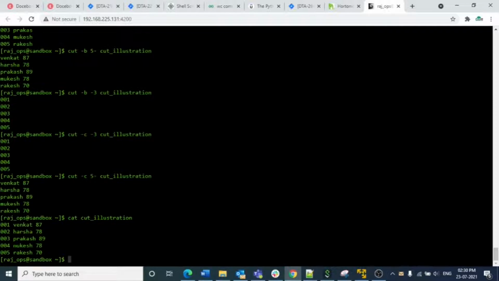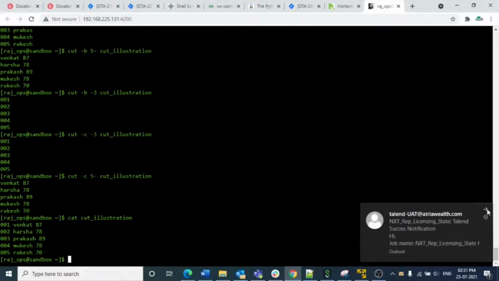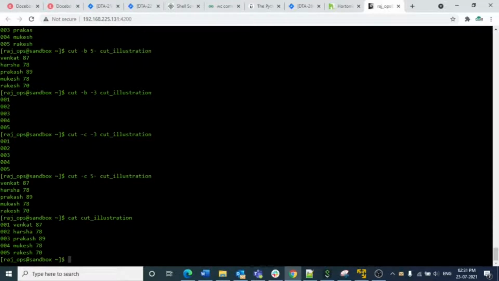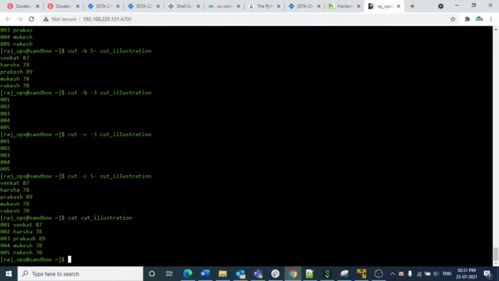So basically what it means is, if it is a delimited file, then the first one is nothing but field 1, the second column, that means the name column, is nothing but field 2, and the third column, that means the percentage column, is nothing but field 3. So it will use the same cut command, with -d for delimiter, followed by what the delimiter is, specified in double quotes. So here the delimiter is space.